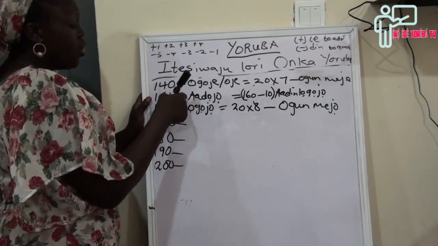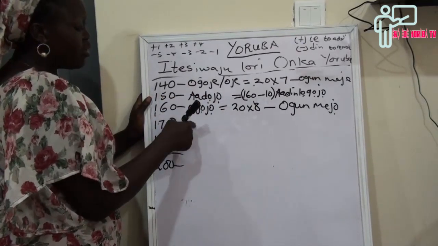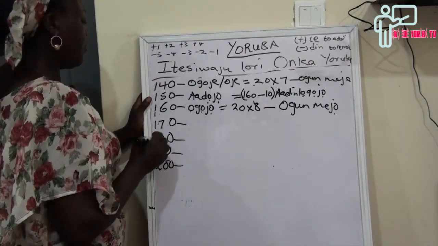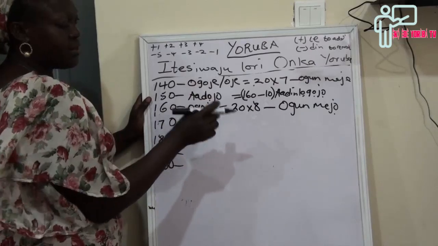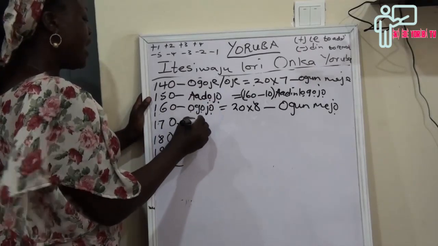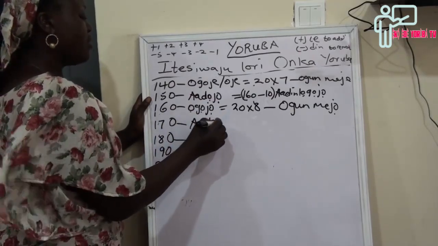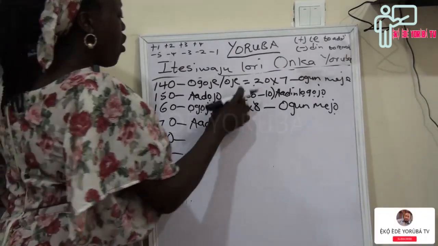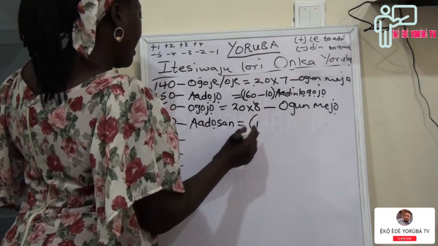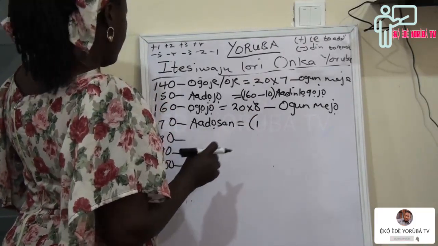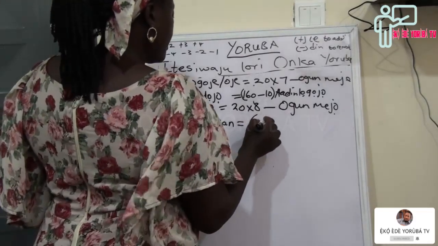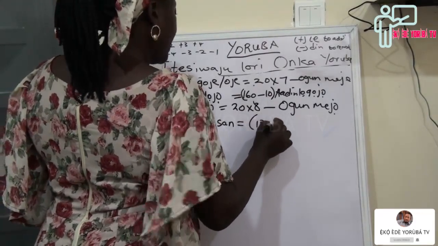Àádọ́jọ. So when we see àádọ́jọ, the next one will be àádọ́sán. How do we get àádọ́sán? Àádọ́sán comes from 180. Ọgọ́sán, that is 180 minus 10,